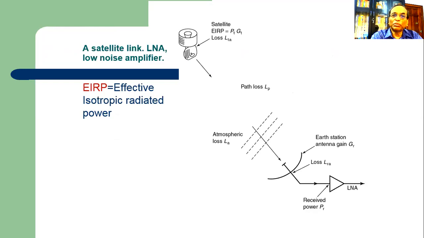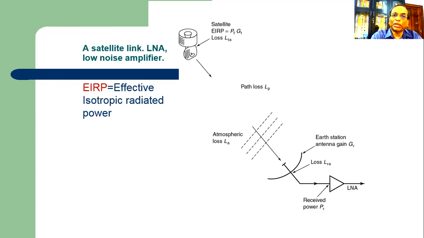So if we assume here EIRP equal to PT, and the transmitting antenna has the gain GT, the EIRP after the antenna becomes PT GT, and if this antenna has the loss factor LTA, the loss of the transmitting antenna, so this EIRP